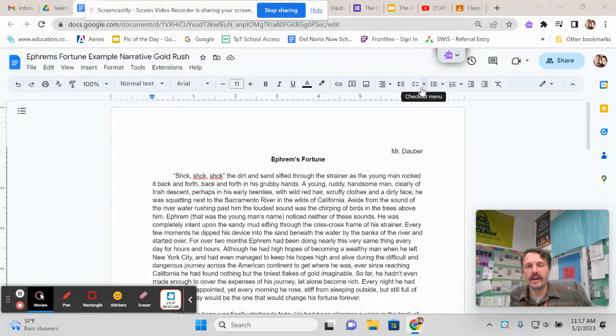Hello there. Here I have a story that I wrote, and it's a historical narrative, which means that it is a fictional story, but it's set within a real time period. So I really like to read historical fiction. And what's cool about historical fiction is that you learn about history and you enjoy a really good story at